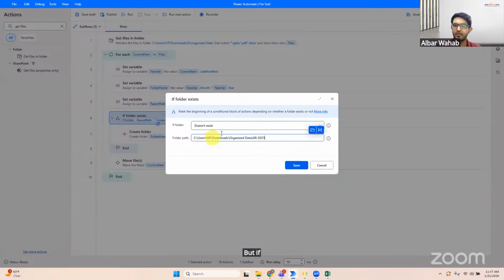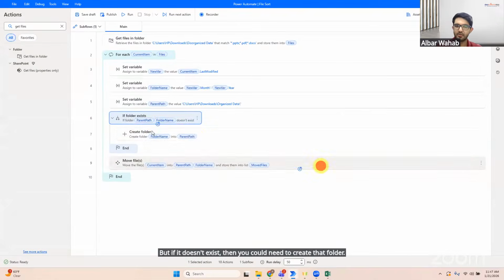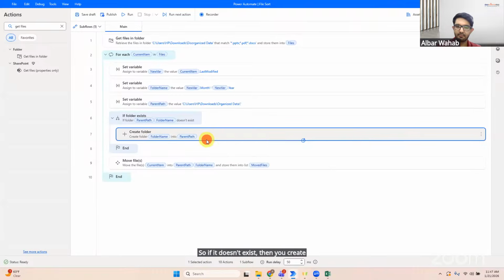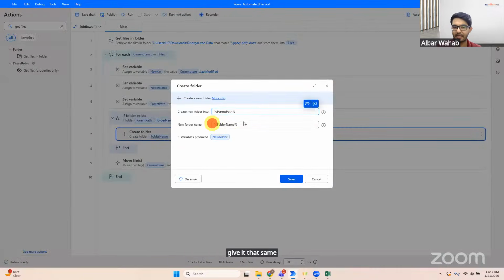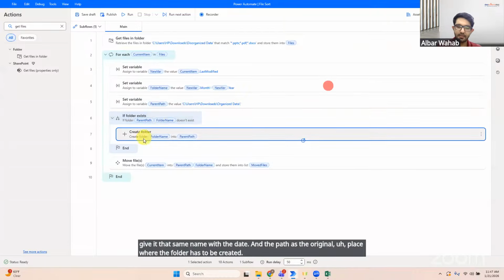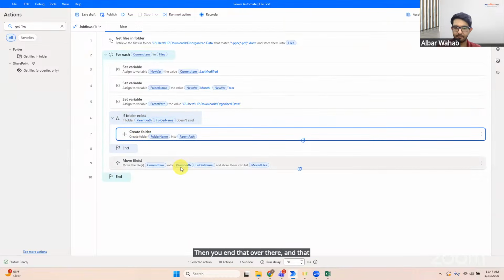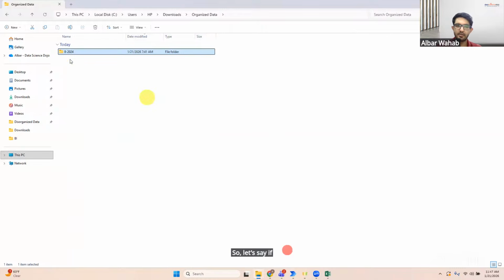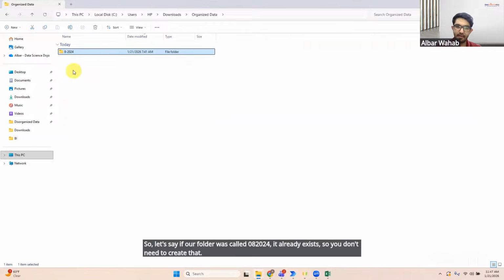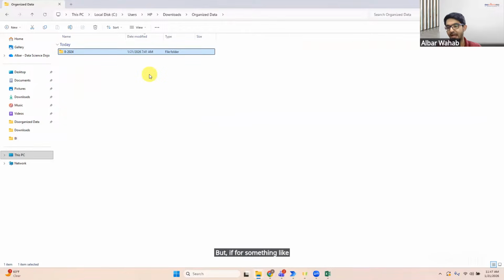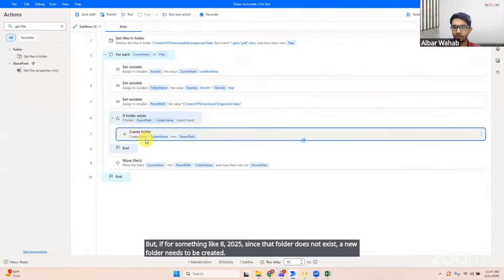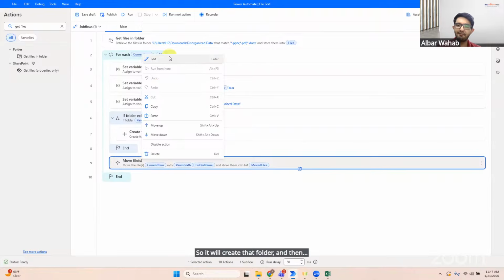But if it doesn't exist, then you need to create that folder. So if it doesn't exist, then you create that folder, give it that same name with the date and the path as the original place where the folder has to be created. Then you end that over there, and that folder should be ready. So let's say if our folder was called 08/2024, it already exists, so you don't need to create that. But if it did not, if for something like 8/2025, since that folder does not exist, a new folder needs to be created. So it will create that folder,